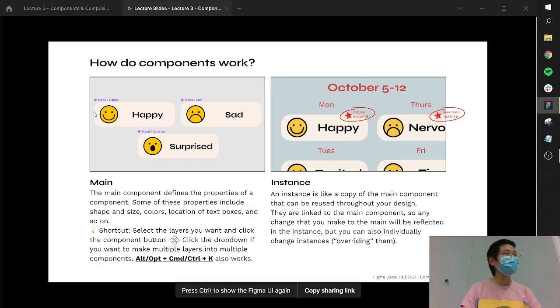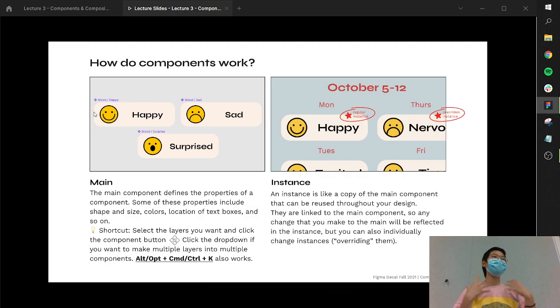So again, we talked about briefly those 2 types of components. So how do these components actually work? The first is the main component. The main component you can think of as the parent. It is the source of truth for other components. So the main defines the properties. It can include things like shape, size, color, the location of the text boxes, all of that good stuff. Anything that you would need to be consistent across different things is defined or dictated by that main